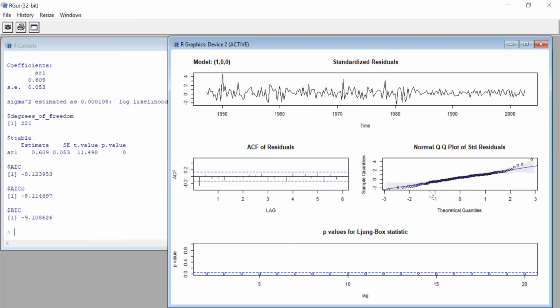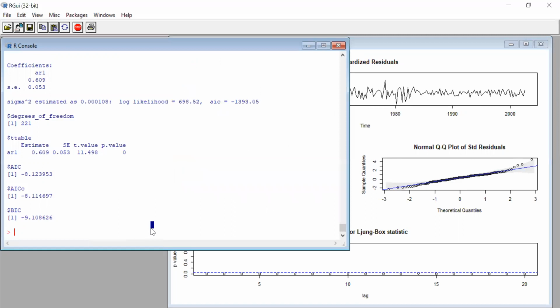Its normal distribution is okay, but the p-value is still less than 0.05. I think it's because of the correlation among the neighbor residuals. I think the MA2 is better, but still the p-values were less than 0.05. So why don't you try